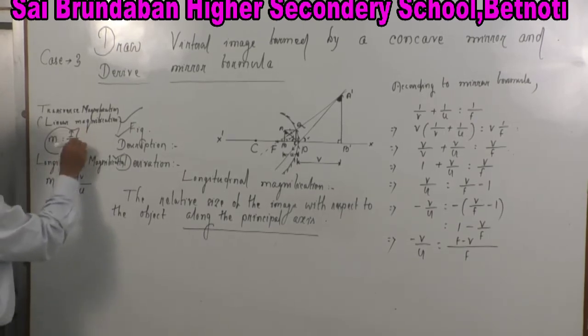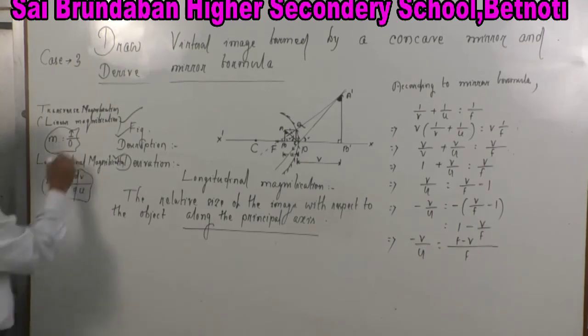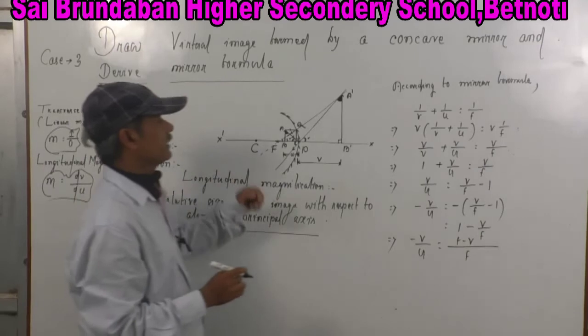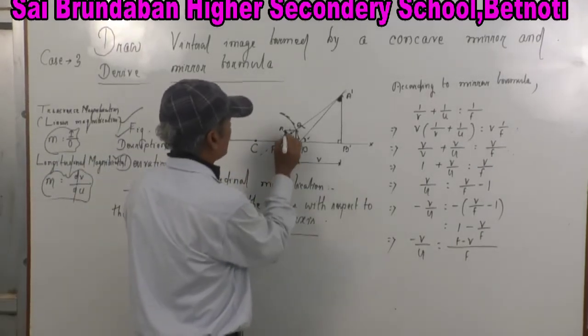Always remember, this is I by O, this is dv by du. Look at here, this is dv by du, you know,